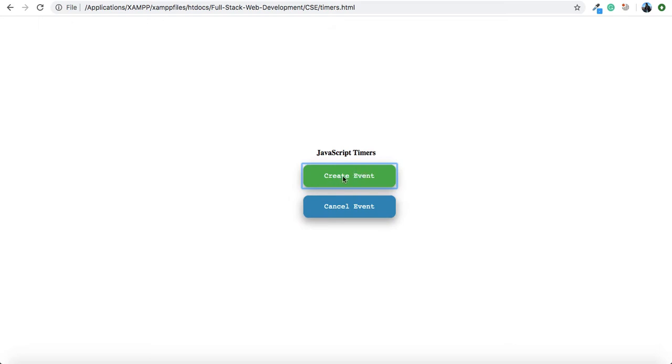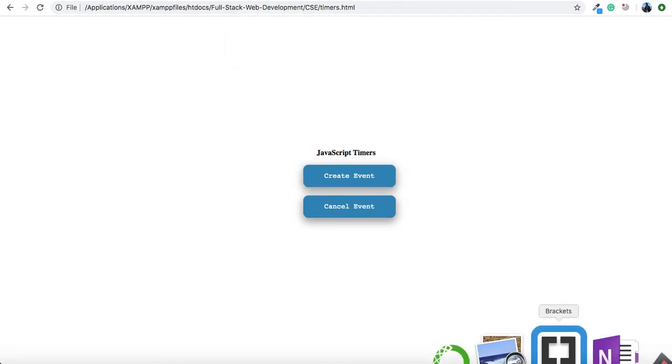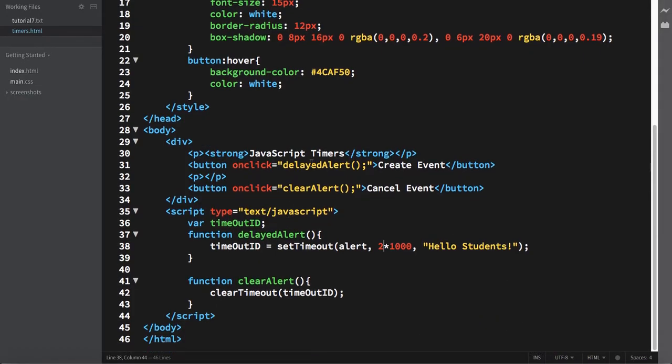Now again I will click create event, and just after that I will click cancel event. Now you can see there is no alert. 2 seconds have already passed. Now again click create event. I am not using cancel. Now you can see the alert. So in this way you can use these two functions, set timeout and clear timeout.